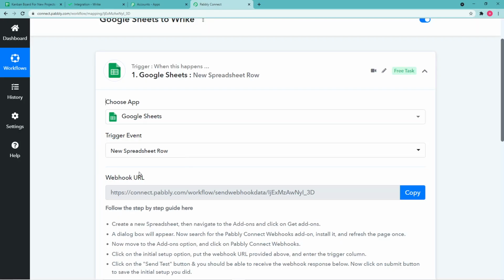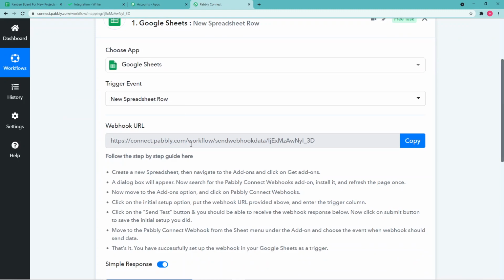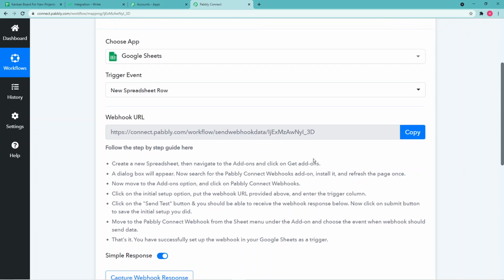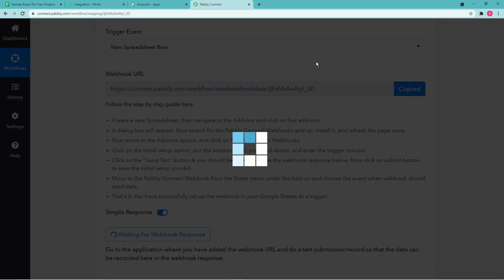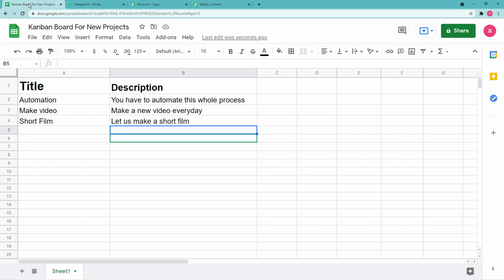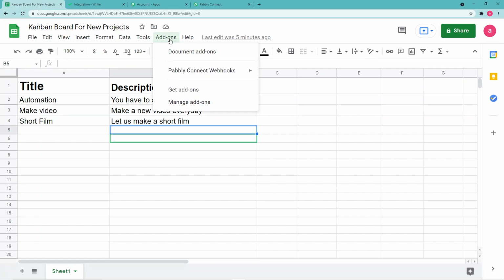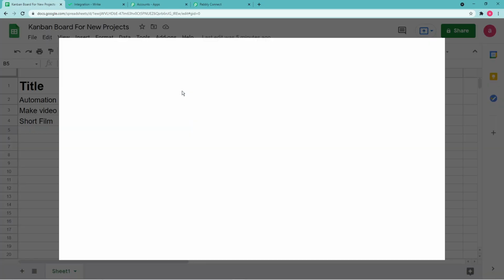Now it generated a URL. This is called the webhook URL, which I have talked about in the steps. So you just have to copy this URL and go to your Google Sheets. So here it is, my Google Sheet. And from here, you have to go to this add-ons button, click here and click on get add-ons.